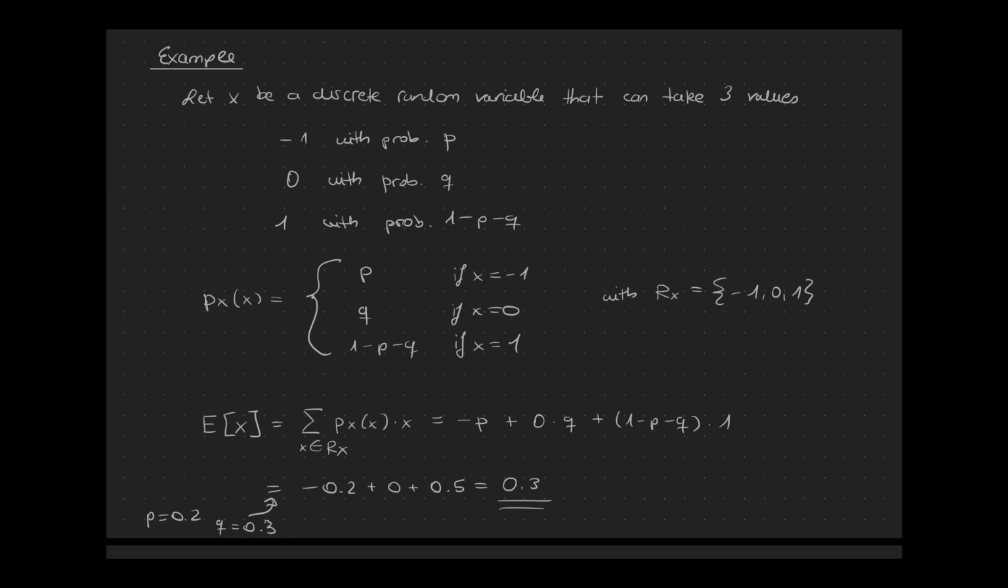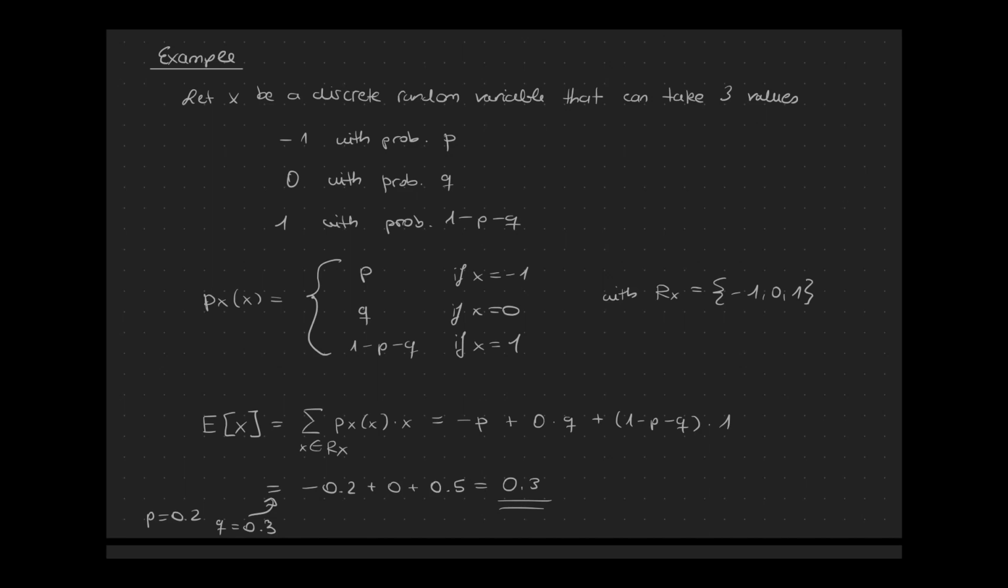And why do we do all of that? Well, because we can derive a lot of quantities out of a probability mass function of a random variable. For example, an expectation value. So, for example, we can calculate the expectation value of this scenario, which is equal to the sum over all realizations in the support Rx of x multiplied with the probability mass function evaluated at x. It gives us minus p plus 0 times q plus 1 minus p minus q times 1